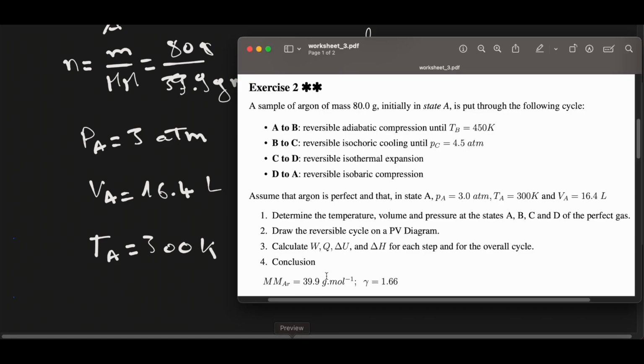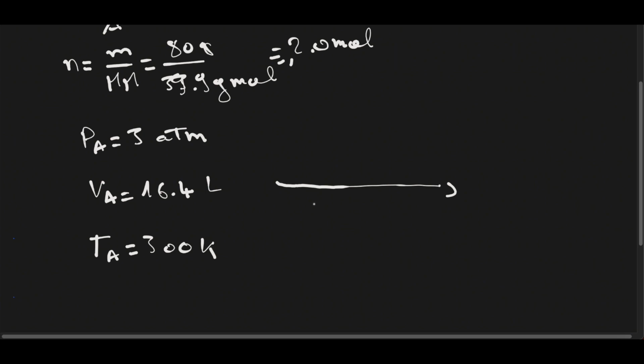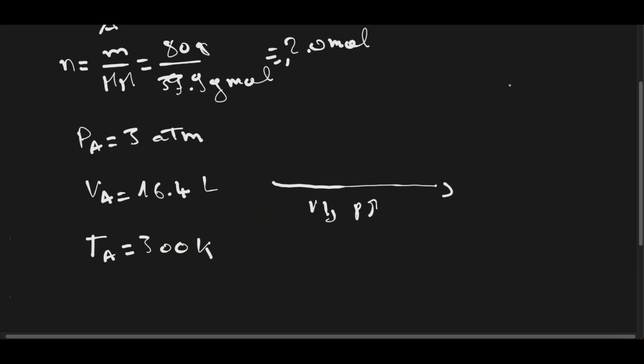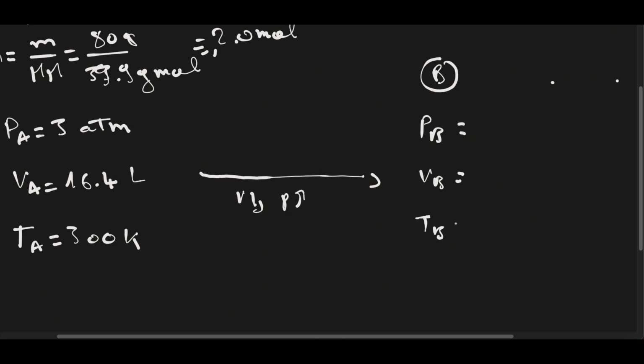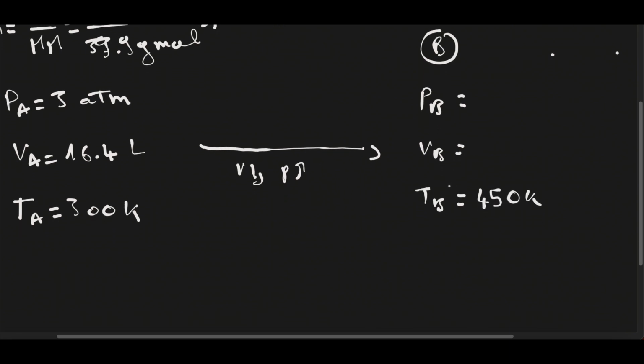with an adiabatic compression. So compression means that the volume decreases and the pressure increases. Here we have the state B. So we'll have pressure B, volume in this state, and temperature in this state. Here the temperature has increased, which is equal to 450 K. After that,